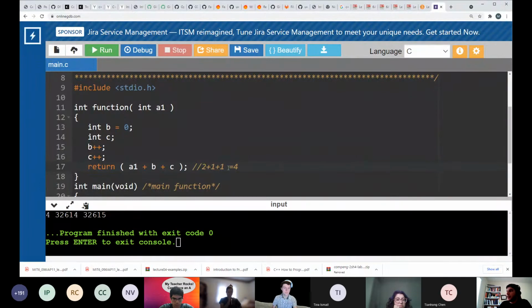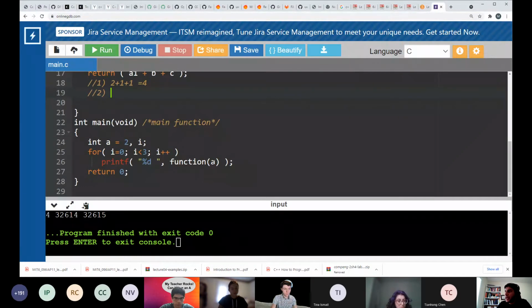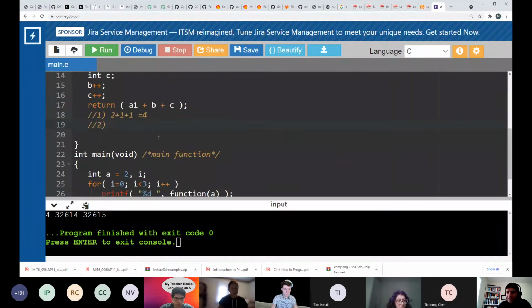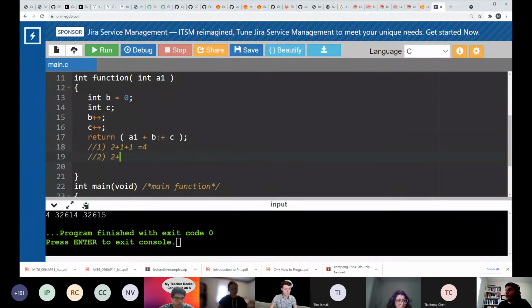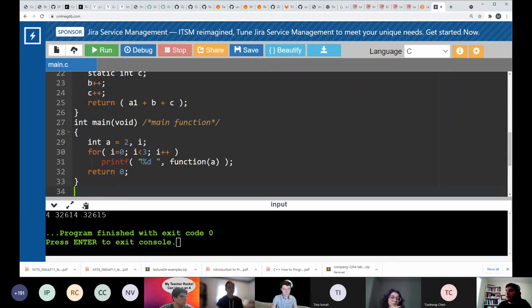Correct? In the third iteration, let's keep the iterations really line by line. So this is the first iteration. In the second iteration, again, I'm passing A. I never changed the value of A, so I'm still adding 2. In this function call, again, I'm redefining B, initializing it to 0, incrementing by 1, so B is still 1. And then all of a sudden, I got a result of something that makes no sense to me.